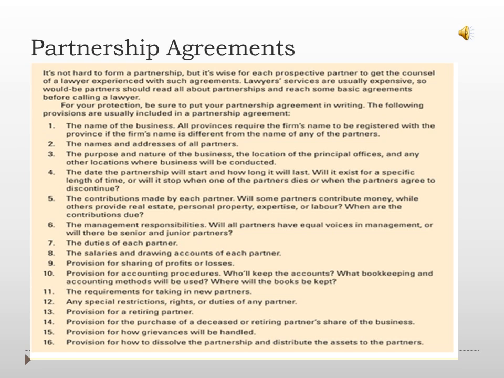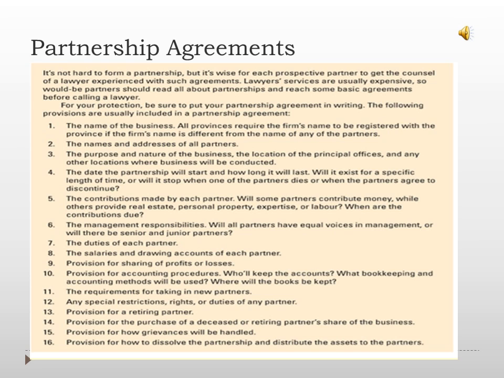A good partnership agreement will also provide provisions for resolving disputes, how those disputes will be handled, or if need be, whether a third-party arbitrator will come in, and who that might be, to help the business avoid disruption or disintegration because of some significant disputes in the partnership. So there should be some mechanisms outlined on how to handle those disputes.